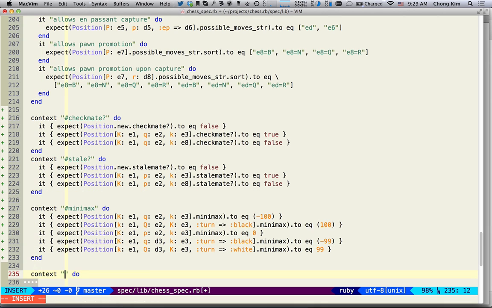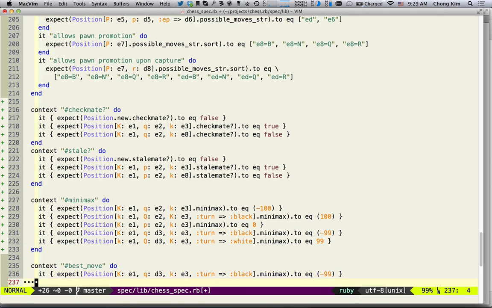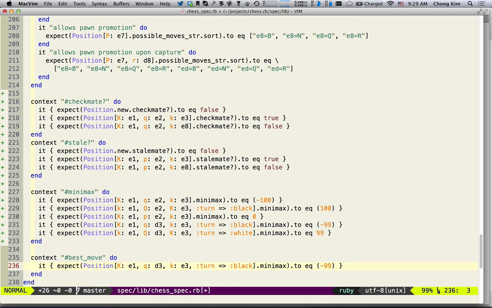So I'm just going to write a simple test for the best move, which is if it's a mate in 1. Let's see which one. This is a mate in 1 position here. And I'm going to say best move, and that should be the d3 to the e2 square, because that would be checkmate. So let's say